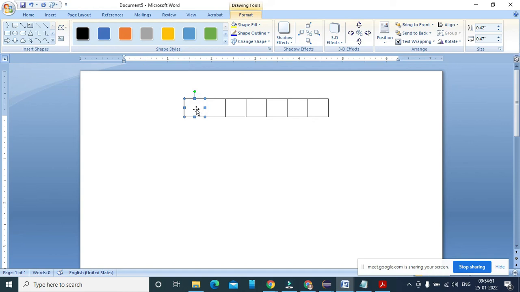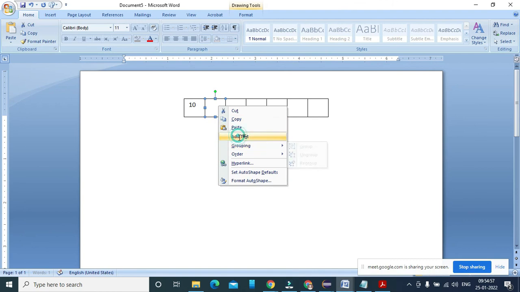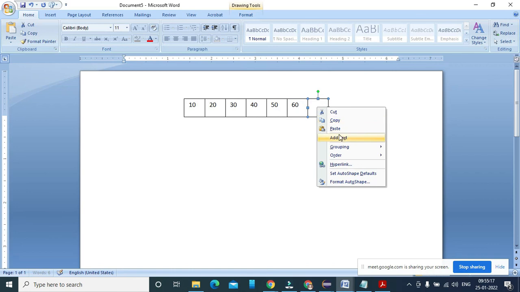This is an integer kind of array, say 10, 20, 30, 40, whatever. I don't know the size of the array here; it depends upon the initialization I have created. Accordingly, the array size is decided. Suppose there are 7 elements.